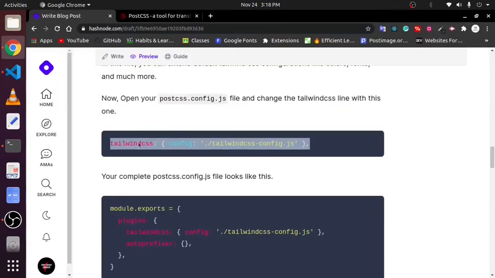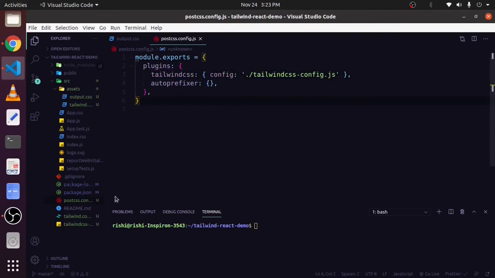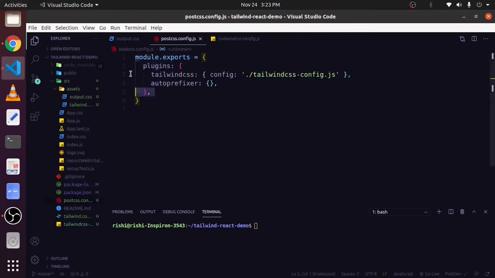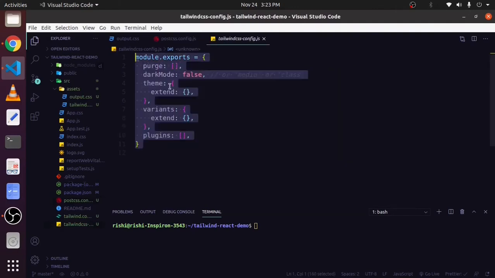Just copy it and paste it over here. Now your tailwind.config.js file is configured with the postcss.config.js file. If you make any changes inside this file, means you can now extend your default color palette, your font family. Now all the changes are being considered.